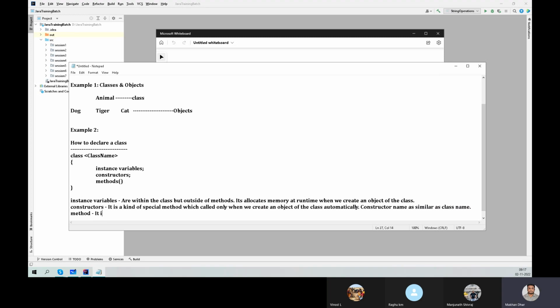It is a set of statements or instructions to perform a certain